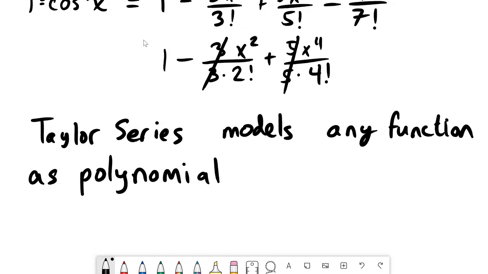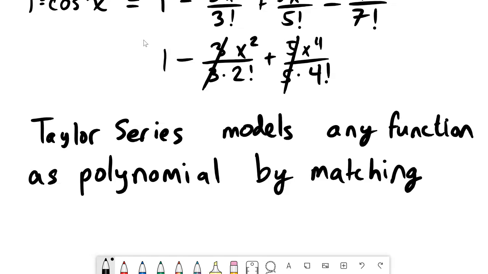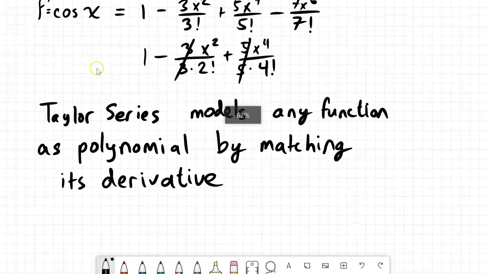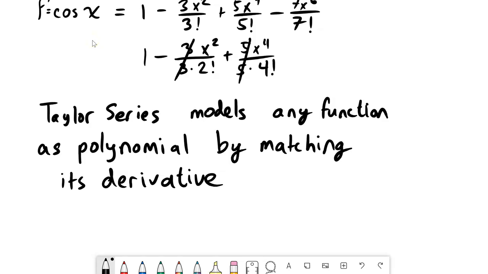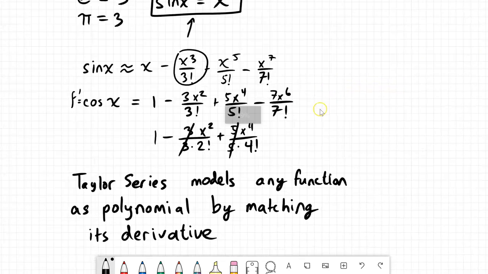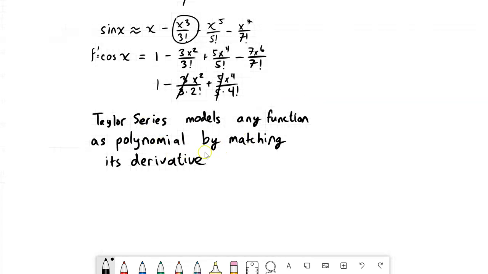And by any function, I mean sine of x, those weird functions that are not polynomials. It can even model polynomials as polynomials, which is kind of interesting to look at. But any function you want, by matching its derivatives. What I did in that graphing part of this video is that I matched the derivatives, and I just continued matching its first, second, third, fourth, all the way to its 29th derivative. If I do that, I get a polynomial that has the same exact behavior as sine of x. And that's how I got into this pattern, and I noticed there was a pattern emerging. So that's the idea of what I'm trying to convey with Taylor series: it models any function as a polynomial by matching its derivatives, and with that, we can use it